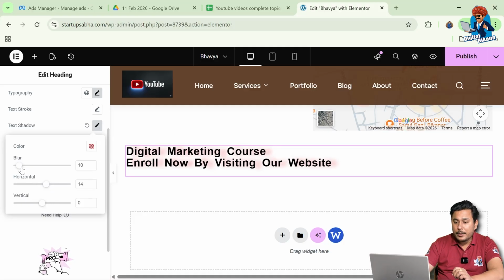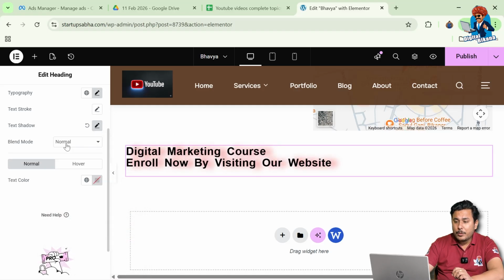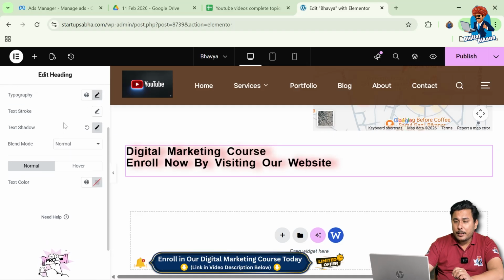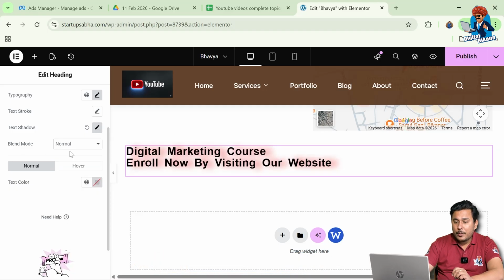You can increase and decrease the position of the shadow, right? And you can also add blurriness to your heading, whatever you want. If you want to change the opacity, then you can simply increase the opacity of your shadow as well, right? So this is like a text shadow, right? You can also change the blend mode to overlay, multiply, screen, right? So whatever you want. Okay, you can also add hover effect